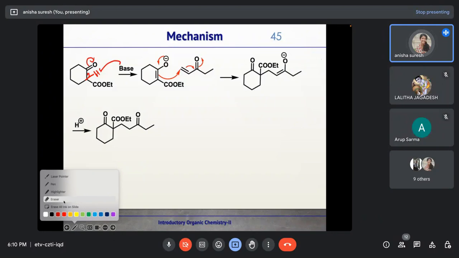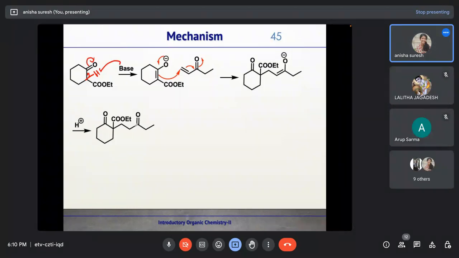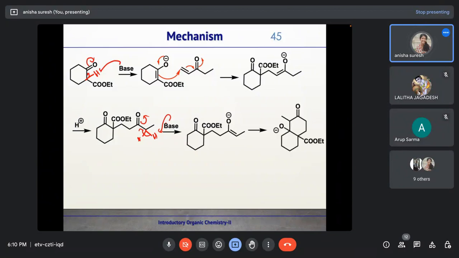Now it will abstract the proton and give rise to this conjugate addition product. Now what will happen? Again, this enolizable hydrogen is present here. This enolizable hydrogen will be abstracted by the base, giving rise to this enolate. Now what will happen? This enolate will fall down and this will go and attack on this carbonyl carbon, giving